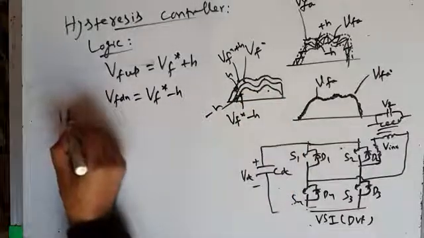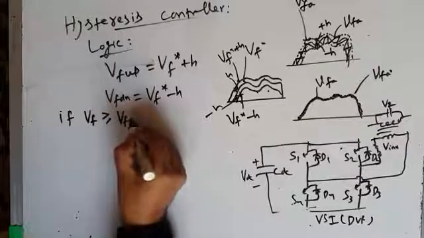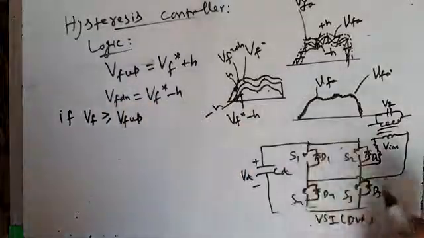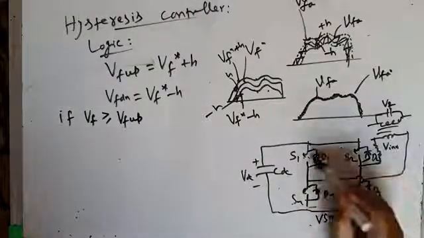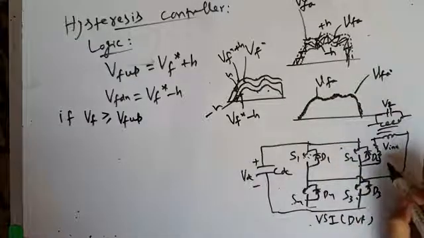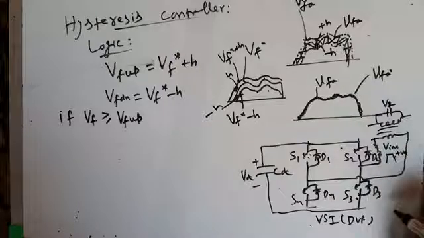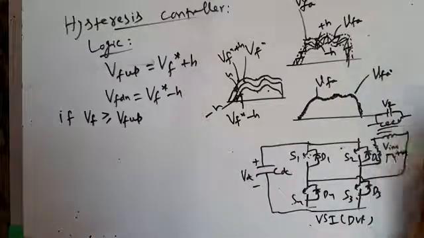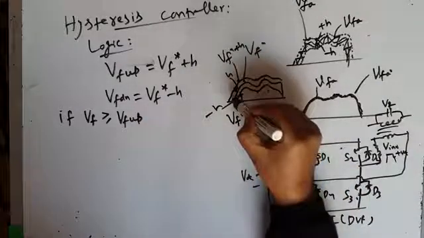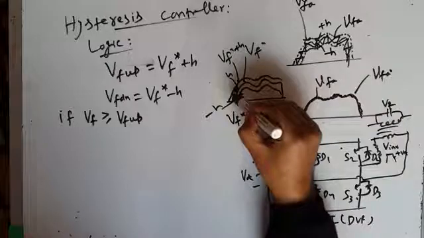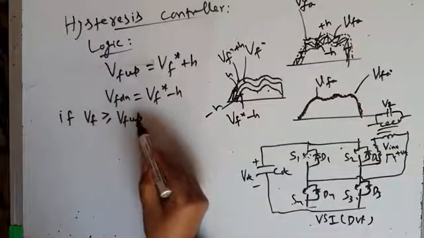And logic is if VF is greater than or equal to VF up, that means let us suppose ये पेयर ऑफ स्विचेस हम ऑन करते हैं, S1 और S3 ऑन है. When S1 and S3 is on, what is your output voltage? It is plus VDC. Okay? और फिल्टर इसमें से रिपल्स निकाल के ये वोल्टेज को सेम बनाएगा VF star और what will happen? Your voltage will start rising. Output voltage will start rising. As soon as it touches the upper band, that means as soon as VF is greater than or equal to VF up,